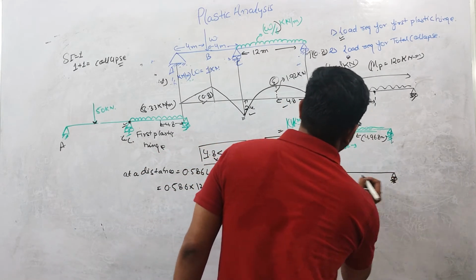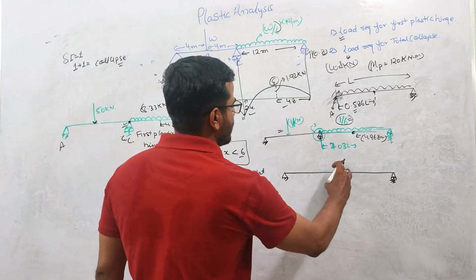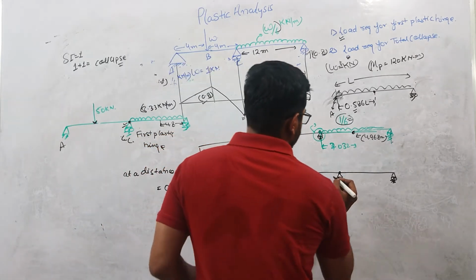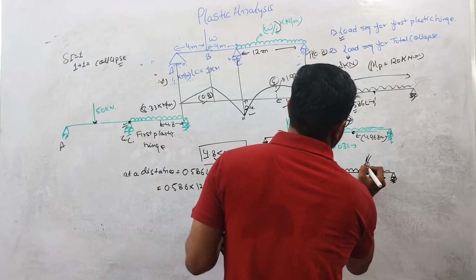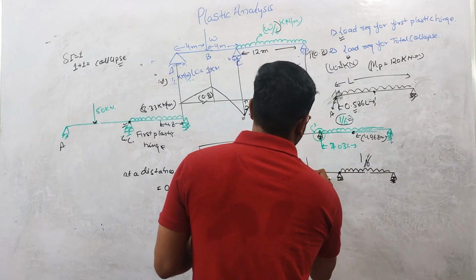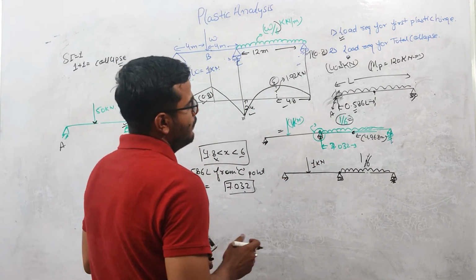Why an internal hinge? Why is this hinge given? Because this cannot provide extra moment. This portion has already yielded. Okay, so here this load is acting, 1/6, and here this is 1 kilonewton load. Okay, so if you calculate,